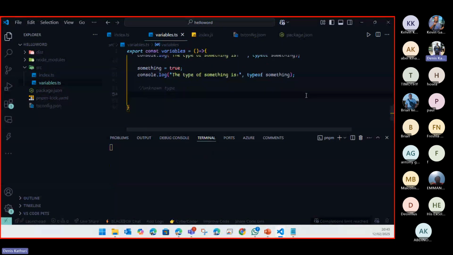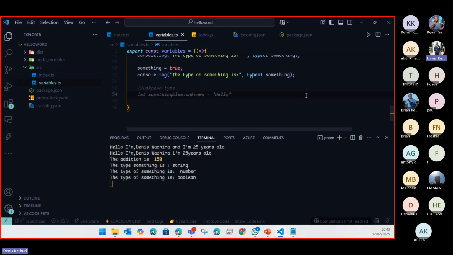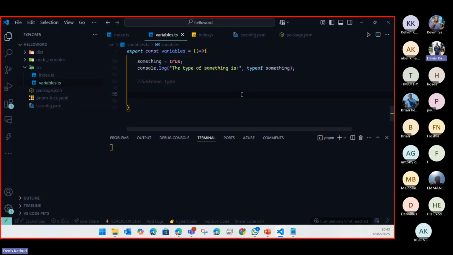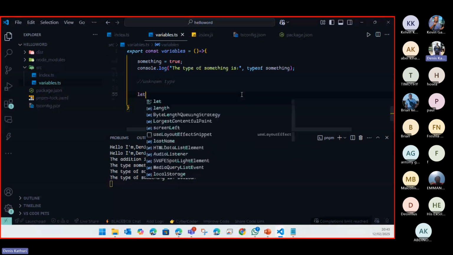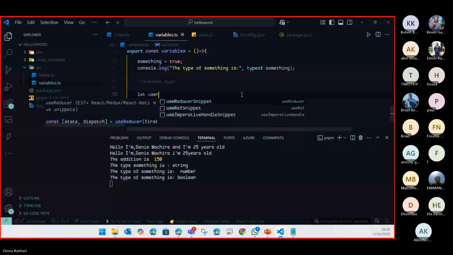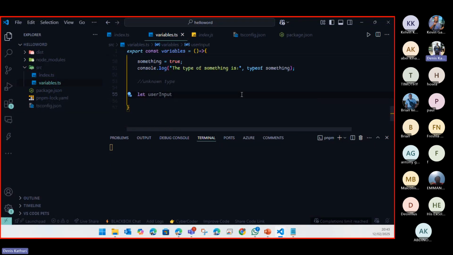And the unknown type is the type-safe version of any. The unknown type restricts direct usage until you do the type checking first. So, as an example, let me have a string, mostly a user input, maybe when the user is registering. I can have a user input